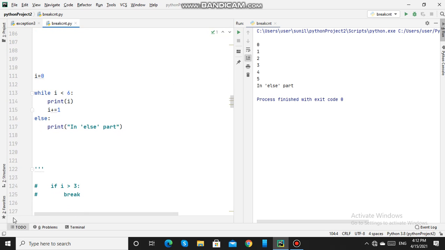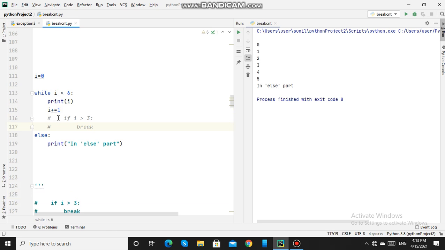Now we will add a condition here in this while loop. So here I am checking, inside the loop, if the value of I is greater than 3.